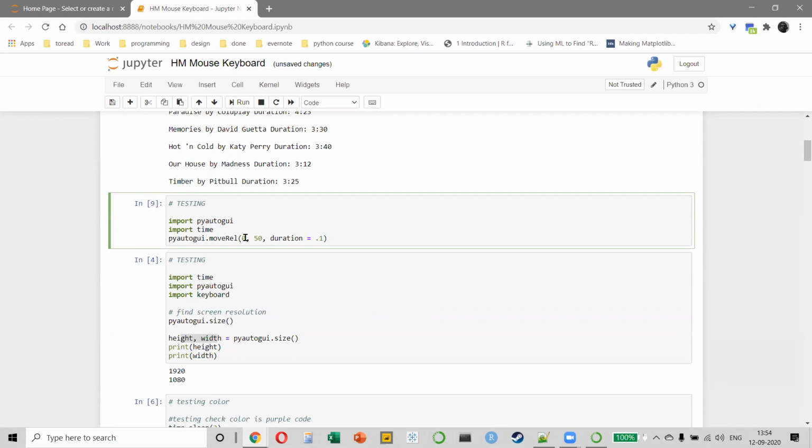This is my mouse. When I press Control Enter, my mouse actually moved down. This 50, if I change to, let's say, 150, what's going to happen is when I click on run, it will move 150 pixels down. Same thing. If I say -50 and I click on run, it will go 50 pixels to the left and 150 pixels down.